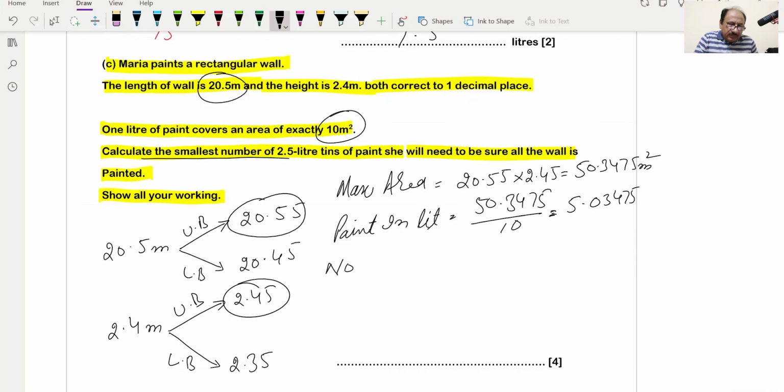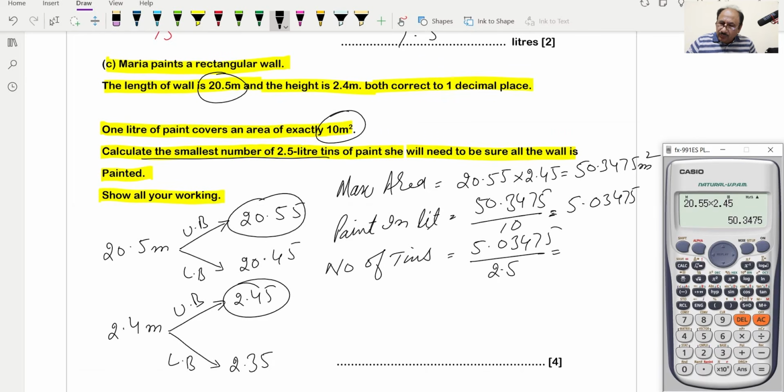Calculate the smallest possible number. So the number of tins required will be equal to 5.03475 divided by 2.5 liters, since each tin contains 2.5 liters. First we divide this one by 10, because in the previous step we divided by 10 mentally, and now we divide it by 2.5, and this is equal to